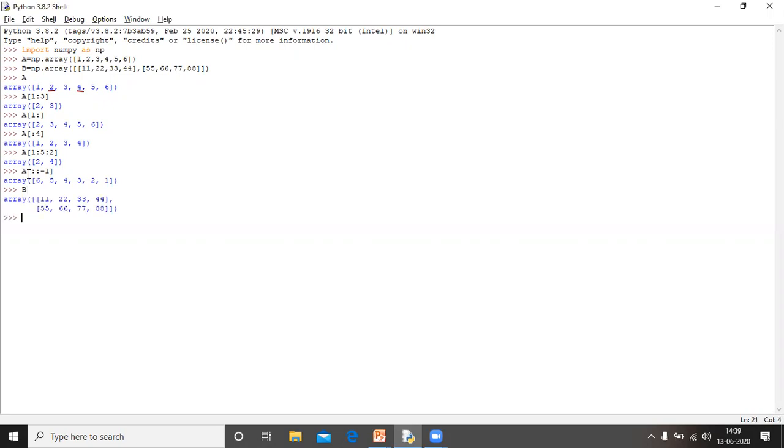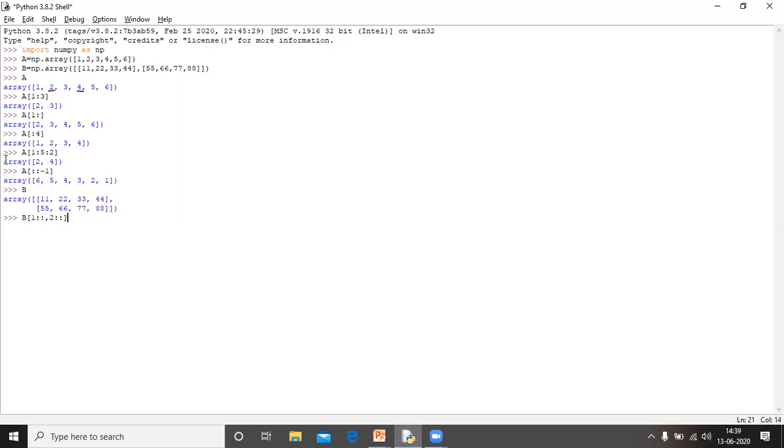Then if I write B, because the first slice is represented for rows. If I write 1 colon, and then for the column not given any value, it means next is colon colon, that's it. What is this?